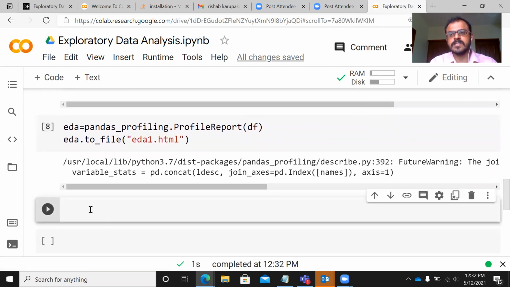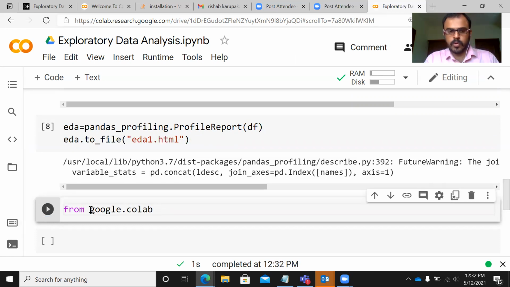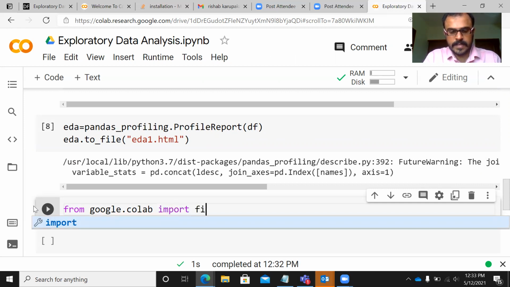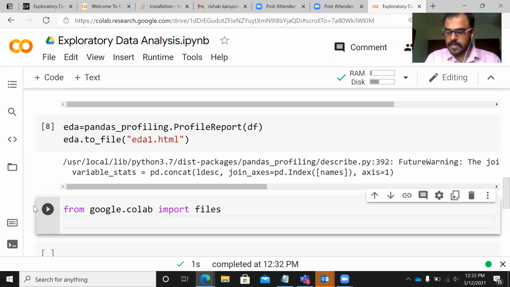Here, the code has run successfully, but it is still not displaying the output. I'll have to download this HTML file. Now, to download this file, what I will do is from google.colab, I can import files.